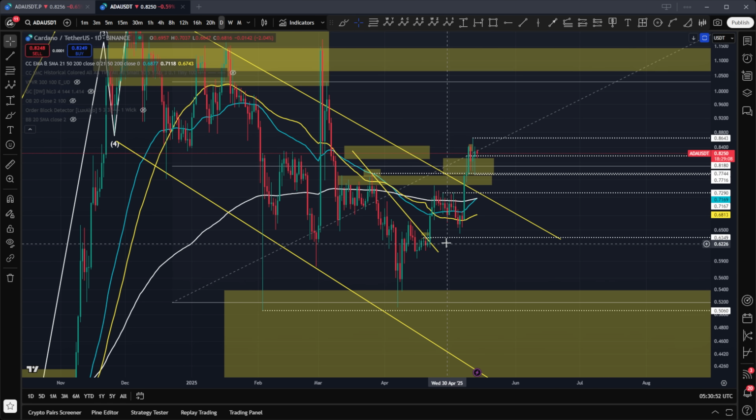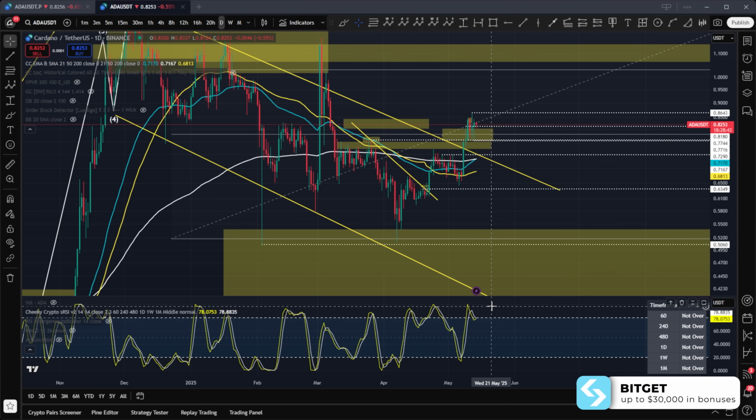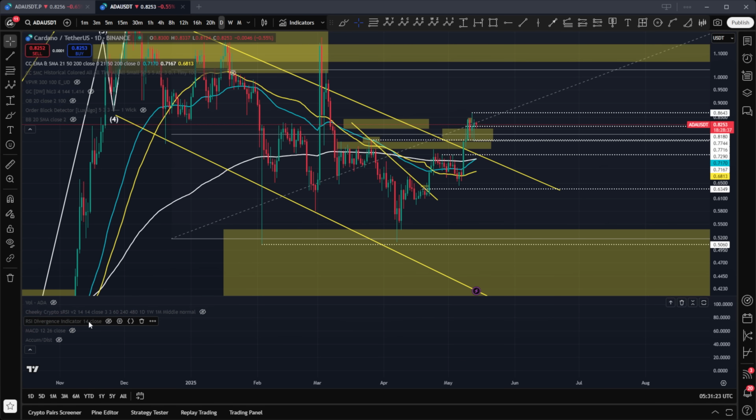Structure still supports continued growth a little bit more, but I do see this one looking for a correction in the near future. But of course, this being the daily time frame, we could be weeks or months out from that. Now, if we take a look at our stochastic RSI, we're not oversold, but we are really high. So we've come down from the oversold, positive cross potentially on the horizon. We might come back up into this overbought area as we continue to run up a little bit before actually having another correction. So on the daily time frame, not too bad.